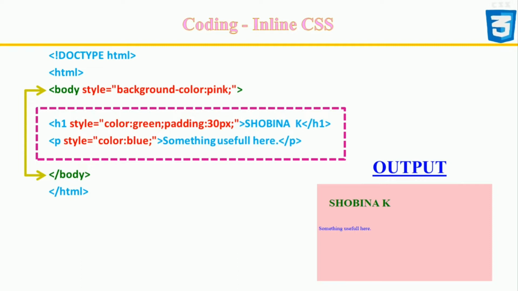In the following example, you can see how to describe CSS style property for the HTML H1 and P element in the same line of code. We use a style attribute to assign the CSS styling properties. In this particular case, color and the value green is applied to H1 element and the value blue is applied to P element. And the padding property sets the padding for all the four sides of H1 element to 30 pixels. You can have as many property value pairs as you want. Unlike normal CSS syntax, inline styling does not use selectors or curly braces. Don't forget to include the semicolon after each pair.